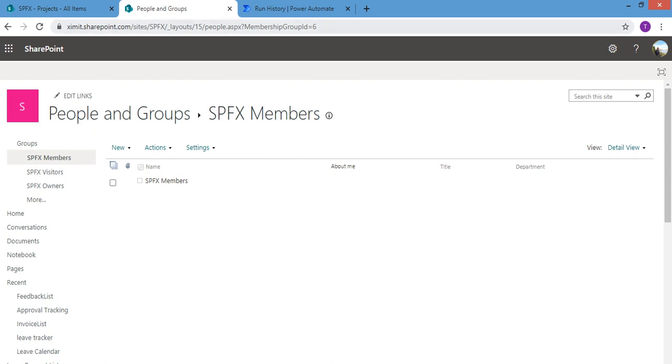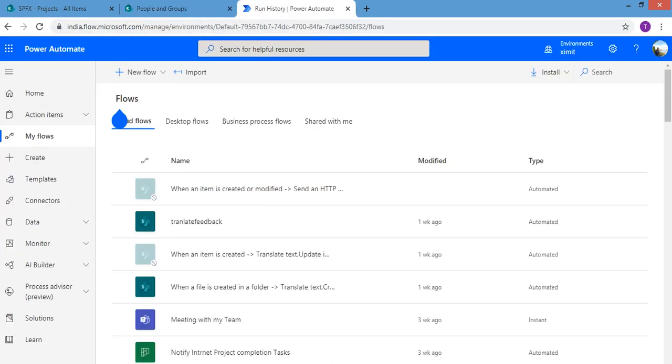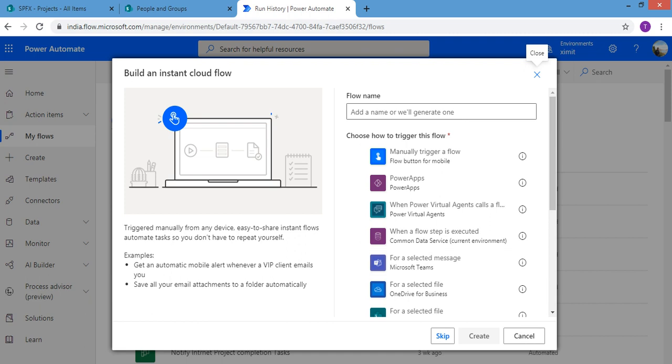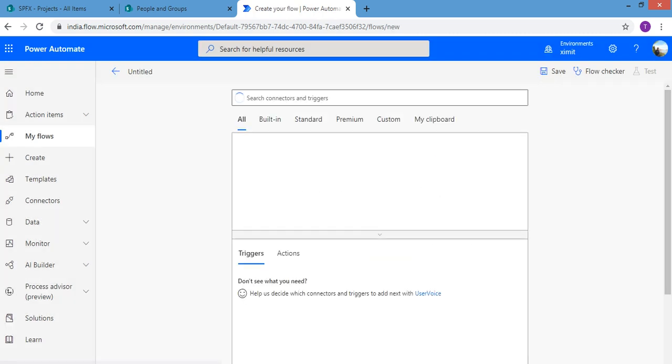And I'll copy this group membership ID because I would need that ID while using it in the flow. So I'm just copying that. Now I'm going to the flow. I'm going to create a new Power Automate instant cloud flow. I'll skip the name for the time being,